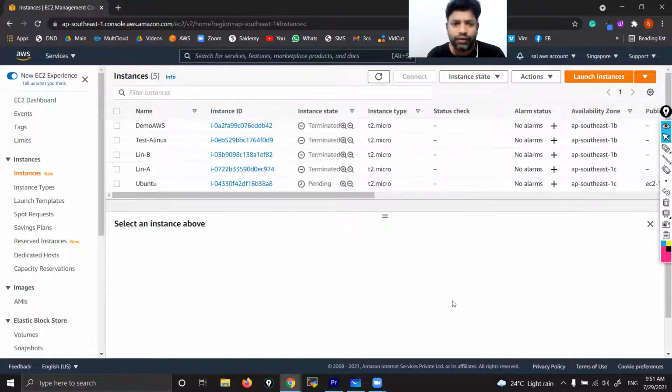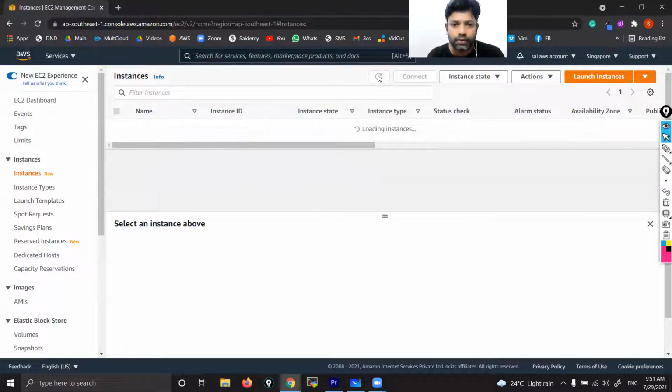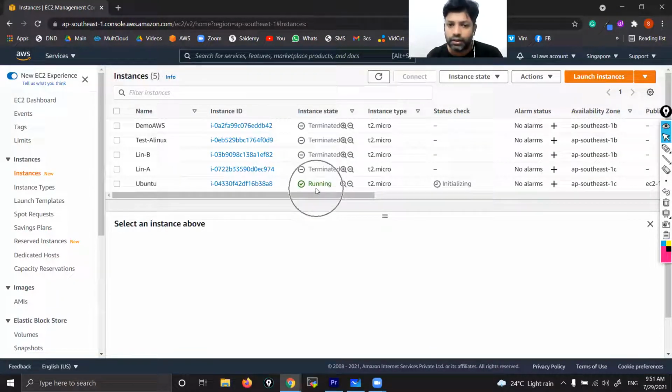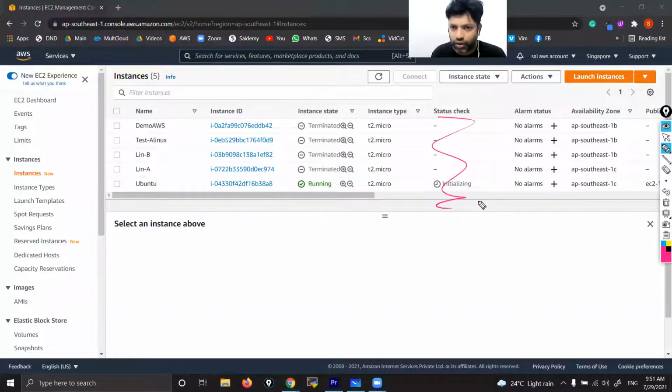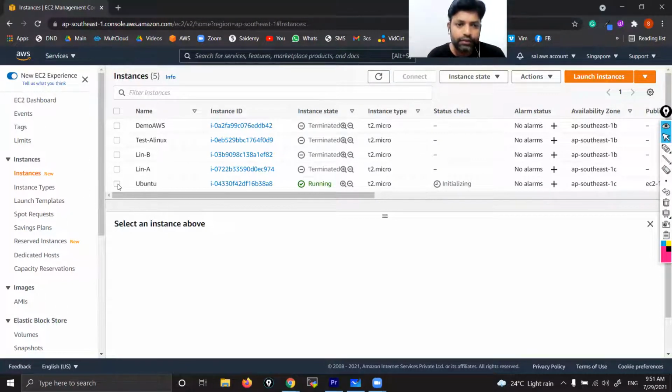It takes a couple of seconds. Yeah, you can see it is in a running state. Guys, don't worry. All these things, like status checks and all, will be covered slowly, one by one, at the right time. So select that Ubuntu instance.